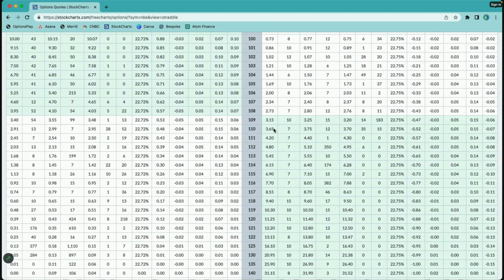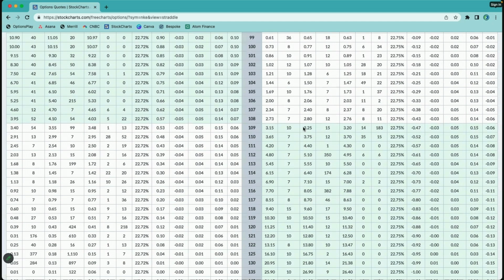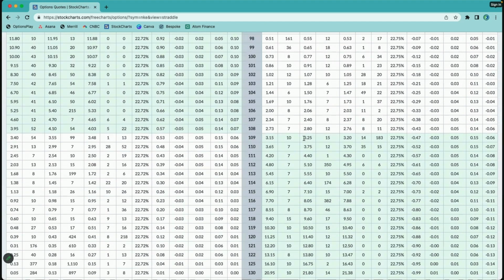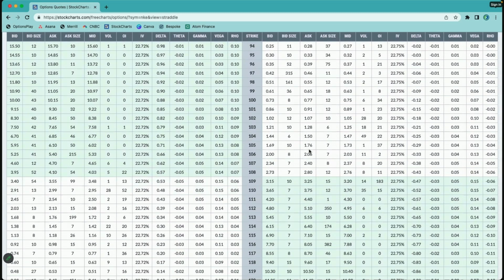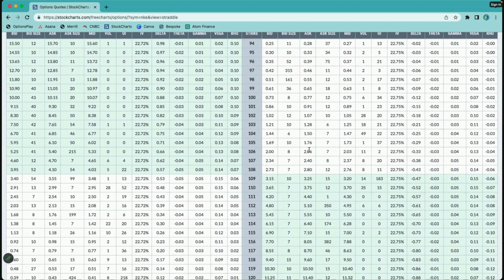Now, when I'm looking at an option chain, we've got it colored very beautifully for ease of use. Anything that's highlighted in green means that it's in the money. Anything that is not is out of the money. So when I'm looking at selling a cash secured put, I've got Nike here. I perhaps am wanting to buy Nike for whatever reason, from methodology, or however you apply your same type of principle for buying securities.